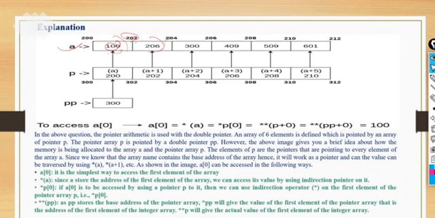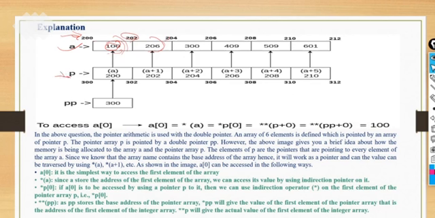That's why we have taken a gap of 2 each time, so the difference between them is 2. The integer data type has 2 bytes reserved for whatever value you store in that array slot. So these are the addresses of a, and these are the values stored in the array a.